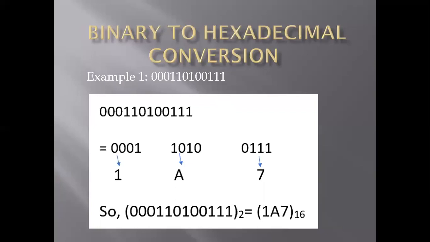Now conversion of binary to hexadecimal. The conversion from binary to hex is just the reverse of the above process. The binary number is grouped into groups of 4 bits, and each group is converted to its equivalent hex digit. First example,